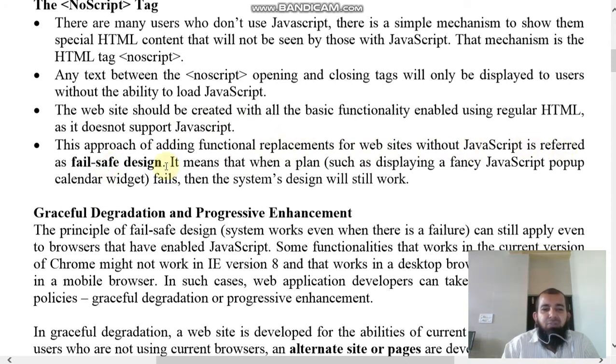It means that when a feature such as a fancy JavaScript pop-up calendar widget fails, the system design will still work.